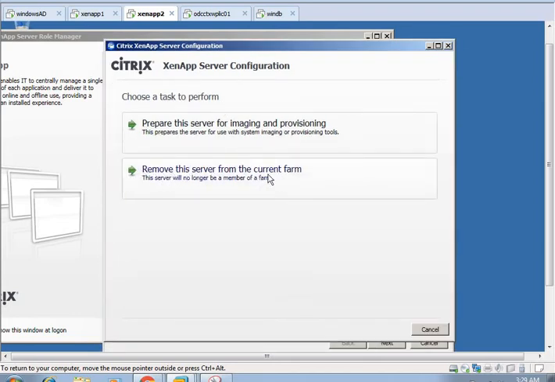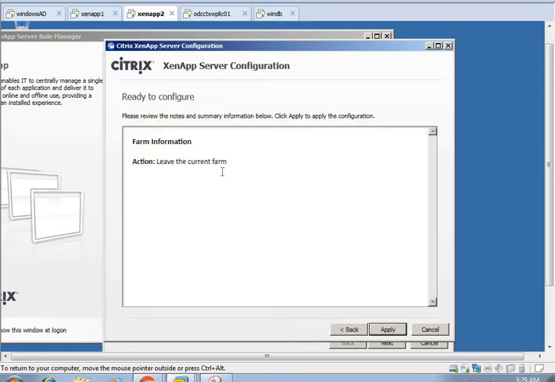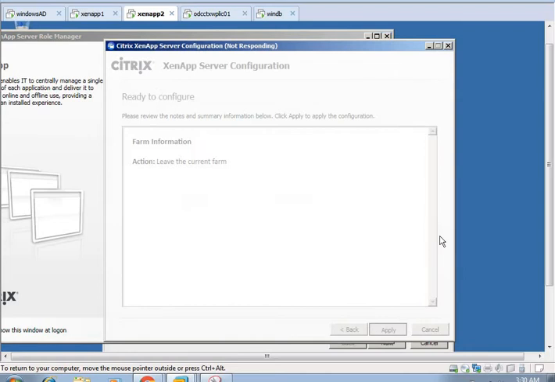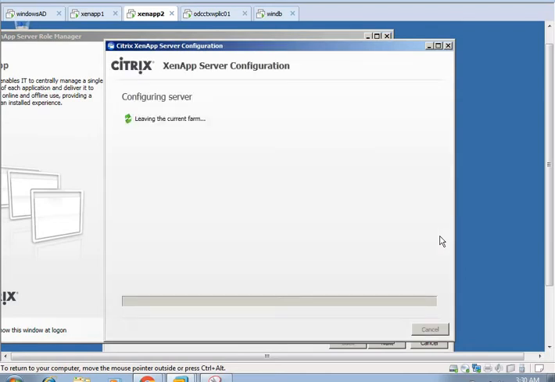To remove this server from the current farm, I need to choose this option to remove. It's showing already configured. That's why I'm getting the removal option. If it's not configured, then only we will get the other option to add the server.